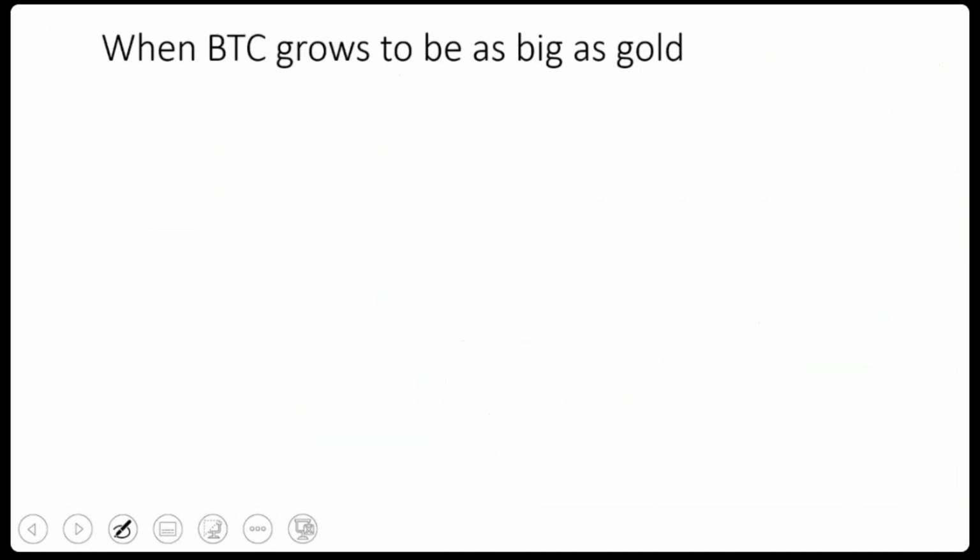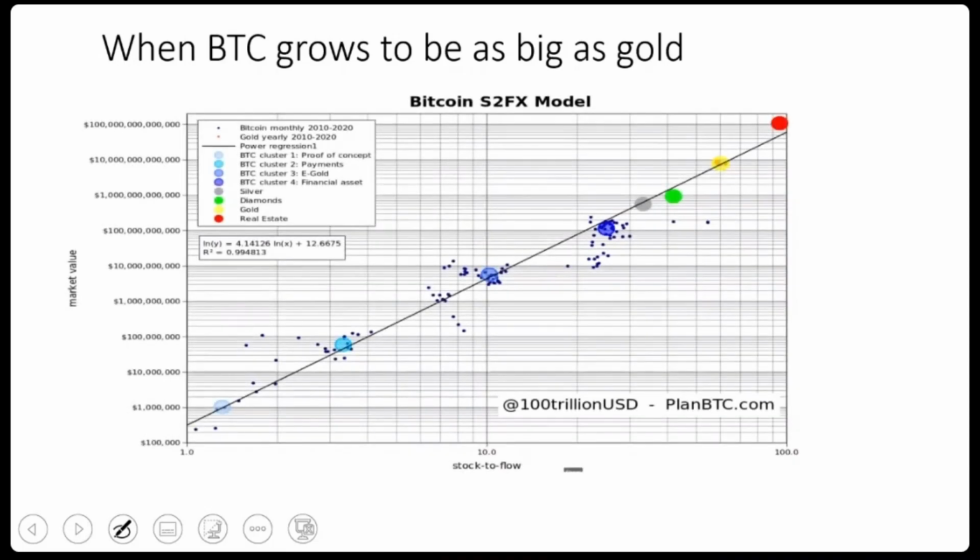Okay, and I'm going to round it up with one or two or three slides on cryptos, just focusing on Bitcoin, because I know it's something on everybody's mind. This is not a chart which I came up with. If you've been following Plan B, this is the guy who came up with the stock-to-flow model. He has two models: the basic stock-to-flow model, and the S2FX model, the second stock-to-flow model. In my view, this is a much stronger model compared to the first one, which I think has been invalidated to a certain extent.